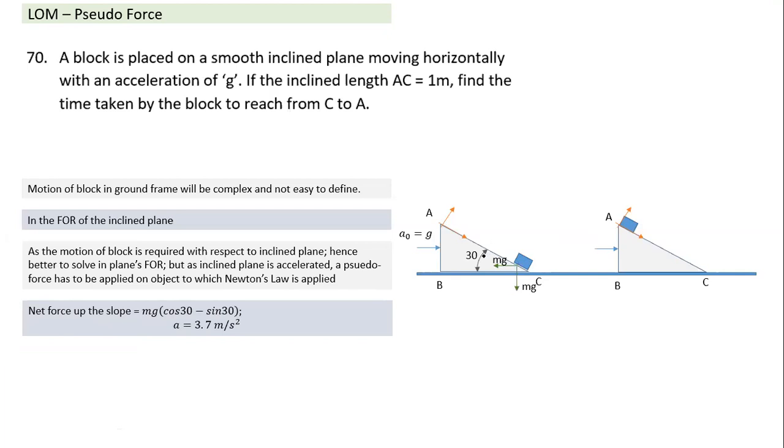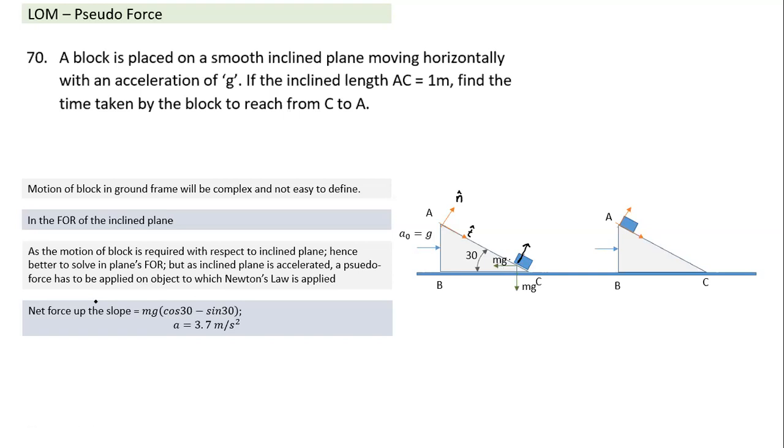In this case, if I call this the n cap direction and this the t cap direction, it will not have any acceleration in the n cap direction. We are concerned only about acceleration along the slope, in the tangential direction. There's a normal force also acting, but the normal force will not have any component along this direction. Only these two will have components along it. So what components will it have? If this is 30 degrees, this is the pseudo force, and this is the weight.